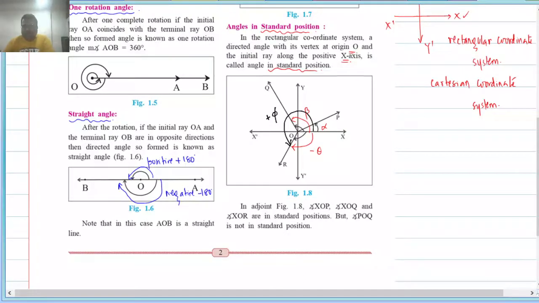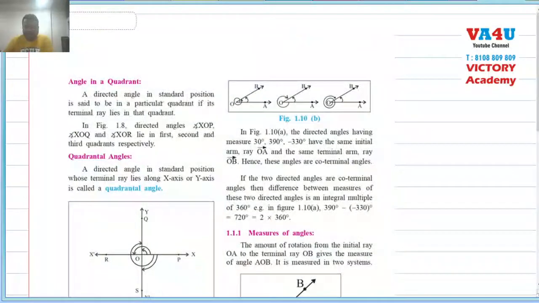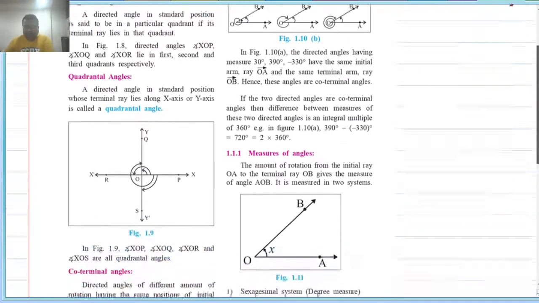These are all angles in standard position where the vertex is at the origin and one arm, that is the starting arm, we can consider to be along the positive x-axis. Then angle in a quadrant. A directed angle in standard position is said to be in a particular quadrant if its terminal ray lies in that quadrant. For example,